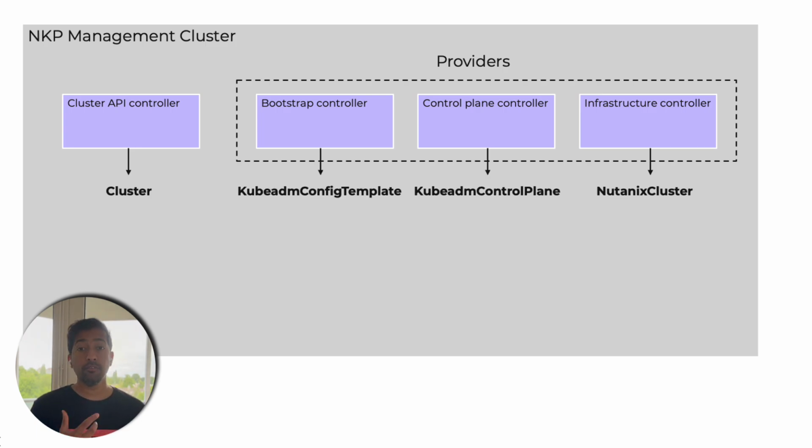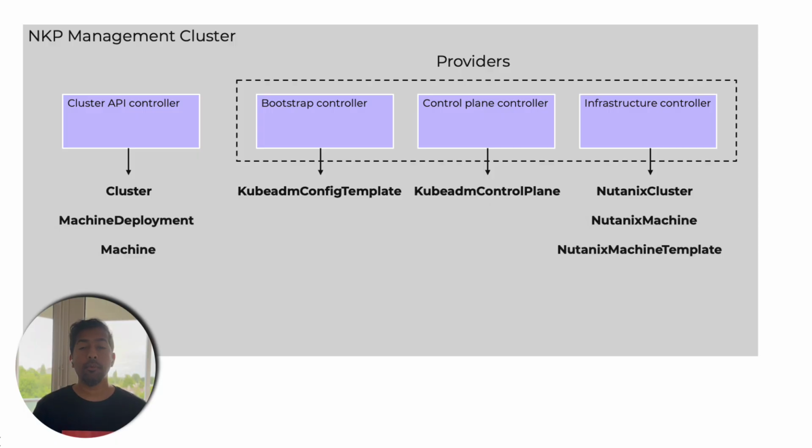Now, to define the configuration for the control plane nodes and to provide the bootstrap configuration for both control plane and worker machines, kubeadm is commonly used, although there are other providers available too. Now, resources such as machine deployment manage sets of worker nodes, providing rolling updates and scaling, while provider-specific machine templates like Nutanix machine template define how each of those nodes should be provisioned, such as the VM hardware and the